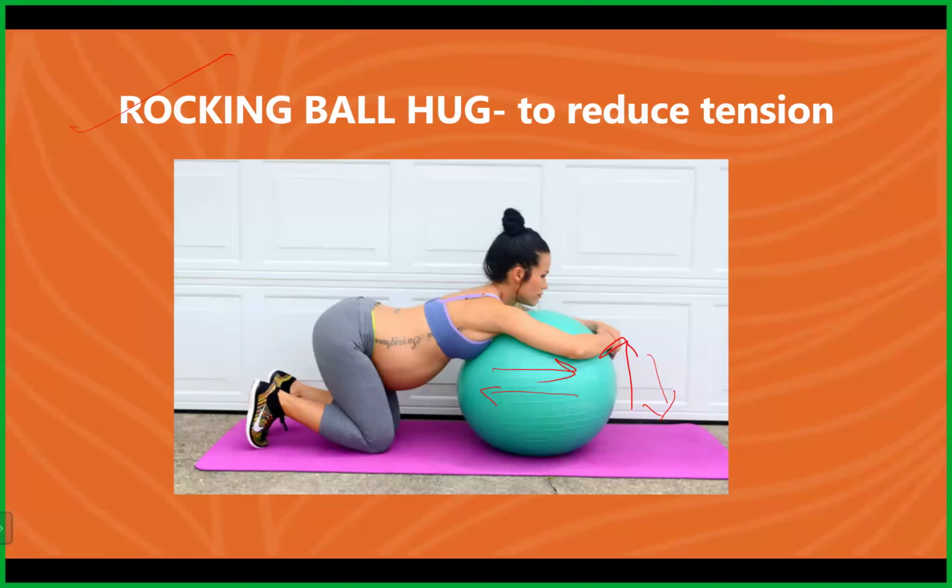So I told you you have to modify the exercise, right? So in this position, how can you modify the exercise? Just think and let me know, or else I'll let you know. We'll get an idea how to be creative with the basic exercise. How can you improve? Anyone who wants to demonstrate and show me, or at least tell me what variation you can do in rocking ball hug?